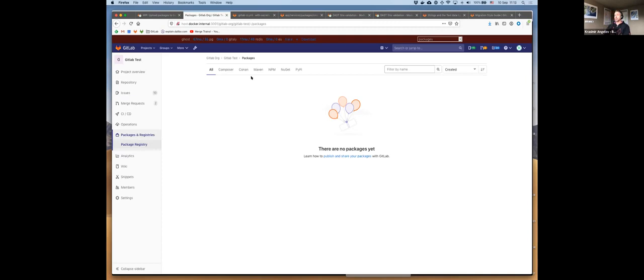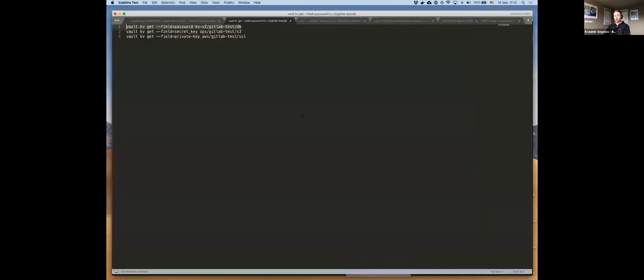So basically, that's a project that doesn't have any packages right now. We'll need to do a front-end merge request to add generic here on the top as a separate tab. And the way you upload is you just make a PUT request to the API with your token. It supports either private access tokens or job tokens so that you can do it from a job. Then you pass the file as the body of the request, and